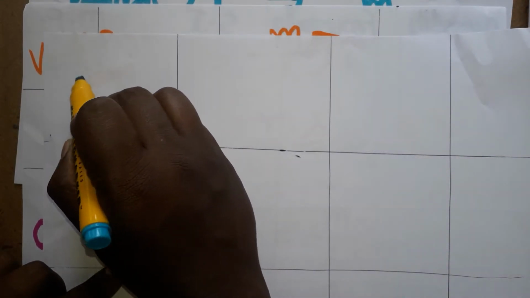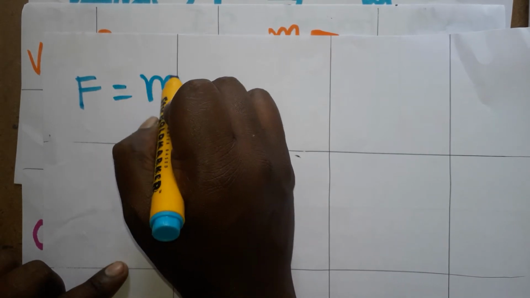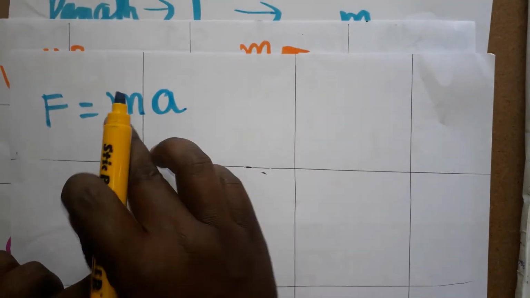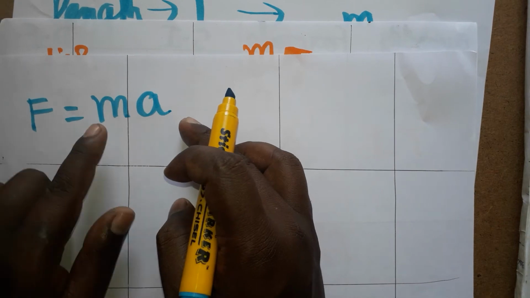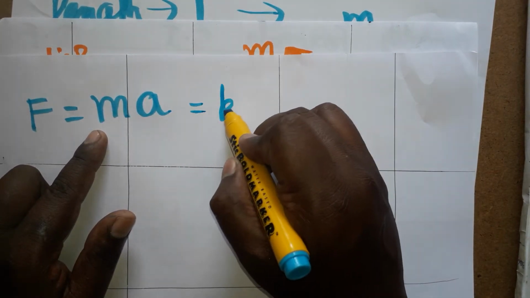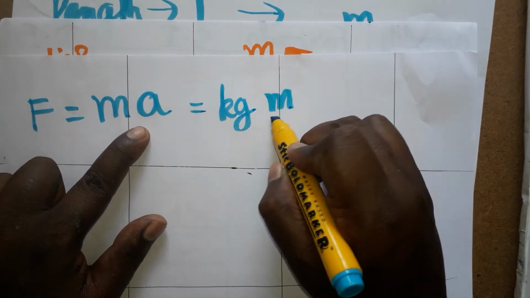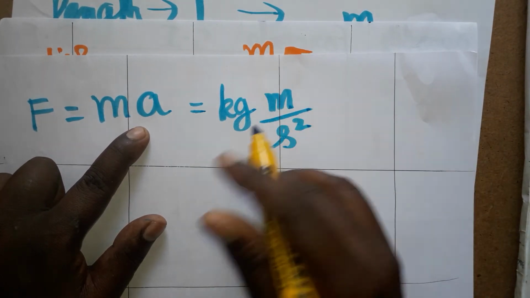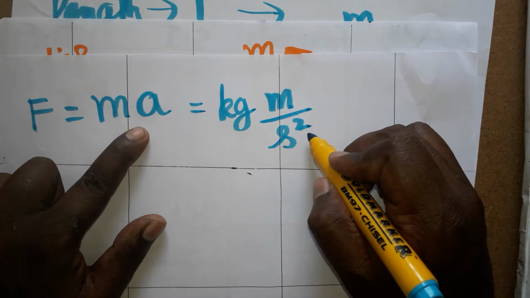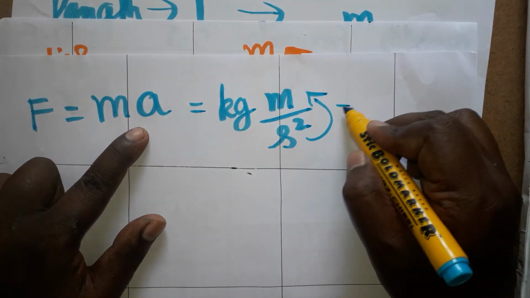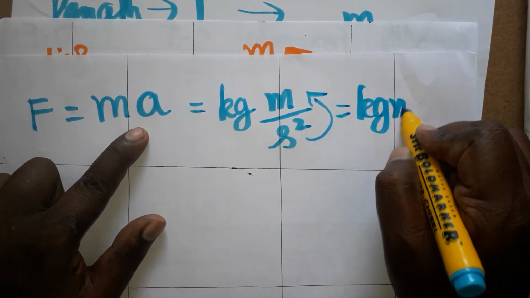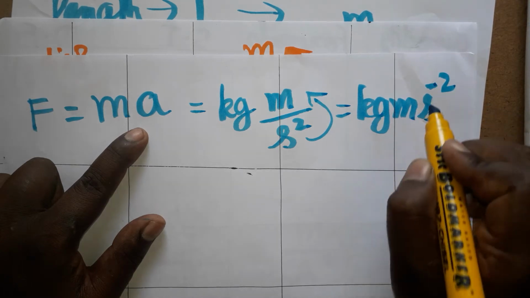Force is equal to mass into acceleration. The formula will be mass into acceleration. Mass unit is the kg. Acceleration is velocity by time, meter by second square. Acceleration unit we already learned, meter by second square. Taking the denominator as a numerator, we get kg meter second minus 2. It is the final unit.